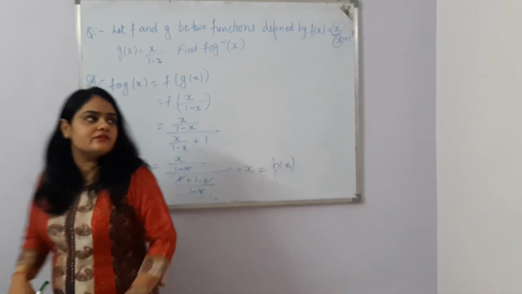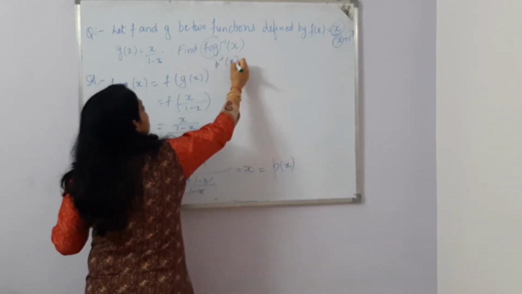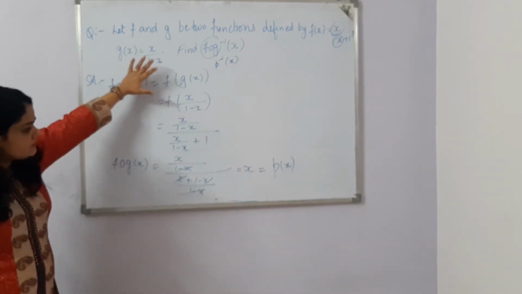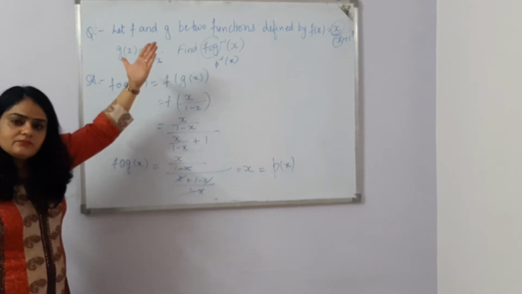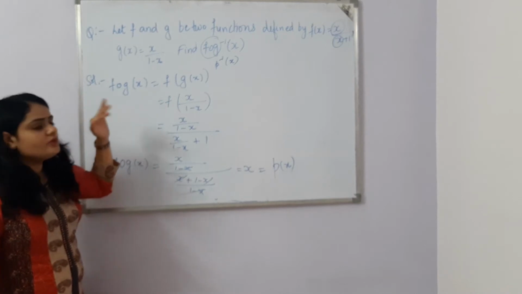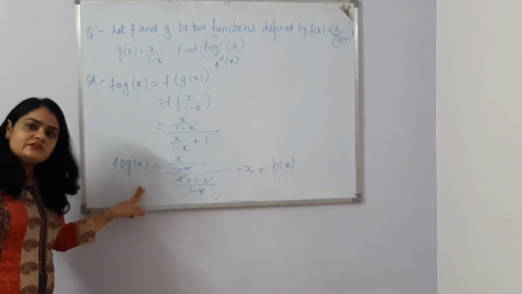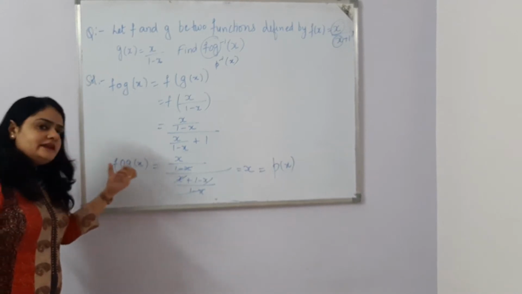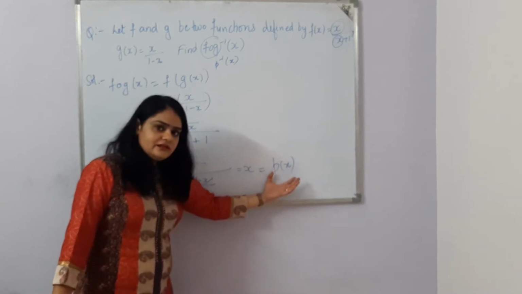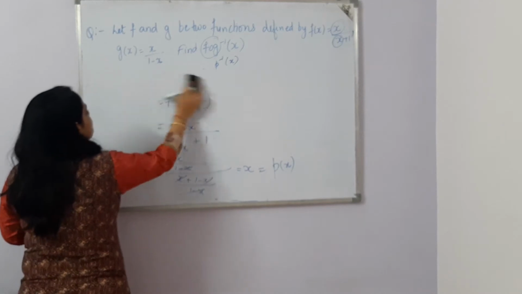Now p of x is equal to x. We need to find its inverse. In place of f of g, now this is p. Now we need to find p inverse x. Now the question becomes very easy because you did these steps in previous questions as well, that means one-one and onto, you already found it out. After finding the composition of functions f and g, you have one function, name it p of x. Now you need to find one-one and onto so that you can find its inverse.